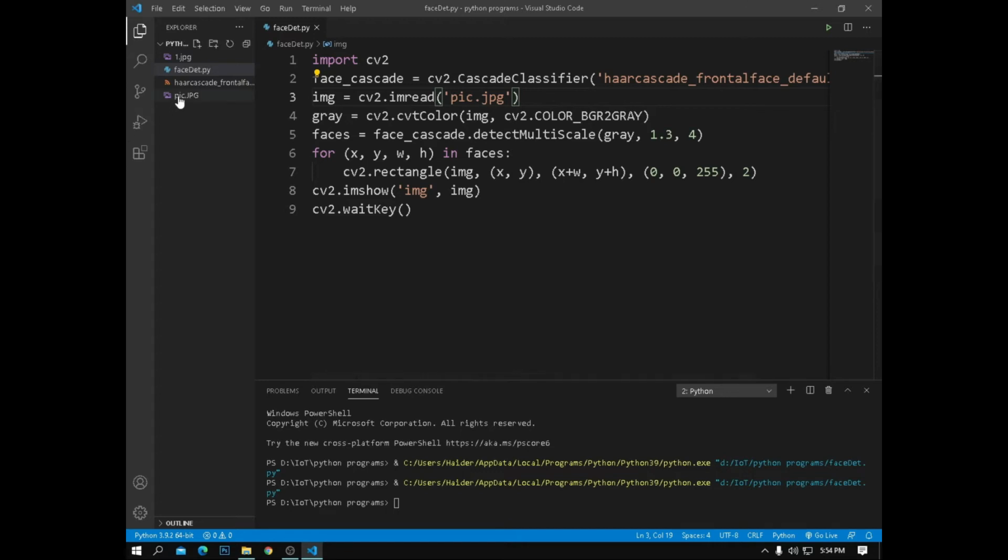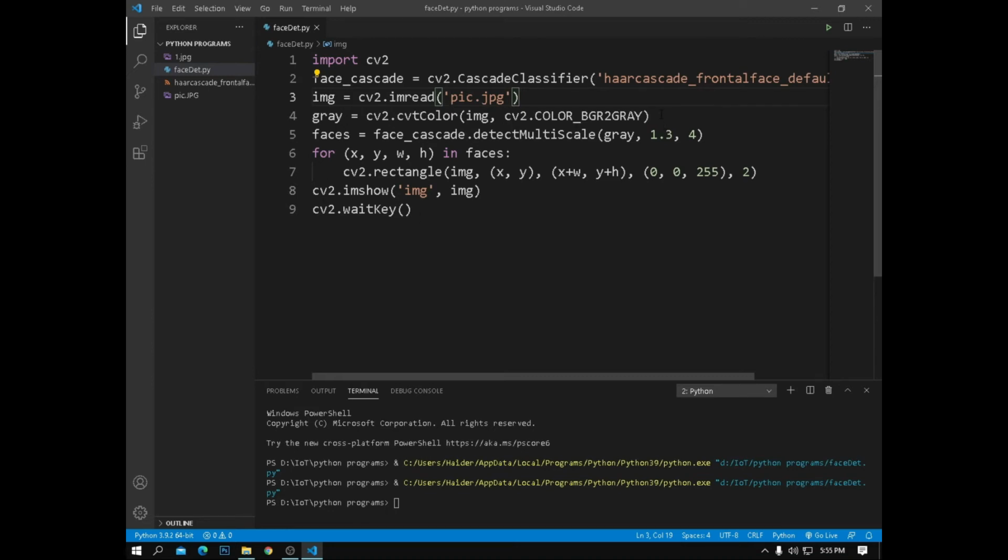I have already saved it in the same folder where I have the Haar cascade classifier and the program. So in the same folder you can save the picture, the classifier and the Python program. First of all, you need to read the input image.